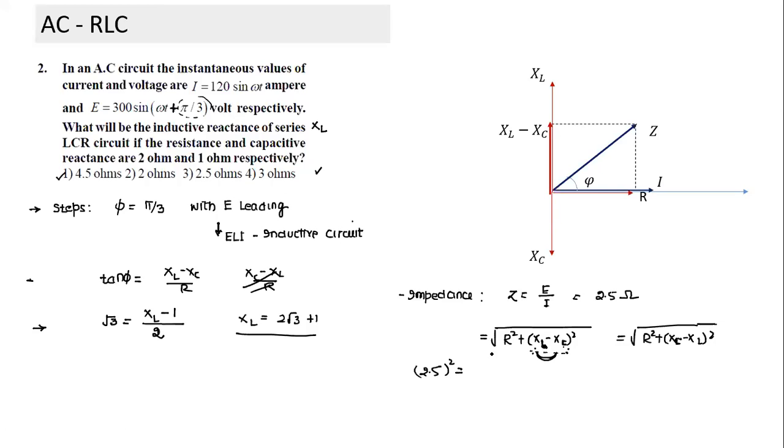Are you getting a different answer from this? Just from the impedance formula, it's coming 2.5 only, sir. Okay, so what has happened here? Let me check. I think the values which are given are not consistent. I think this kind of circuit may not be possible. If you calculate it, yes, it is. It will come equal to 6.25 minus 4, 2.25, 1.5. XL is coming to 2.5.